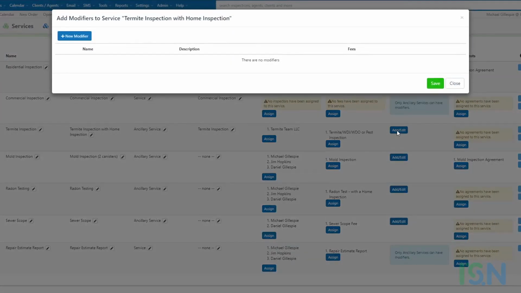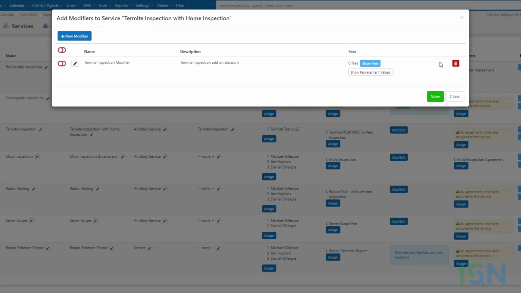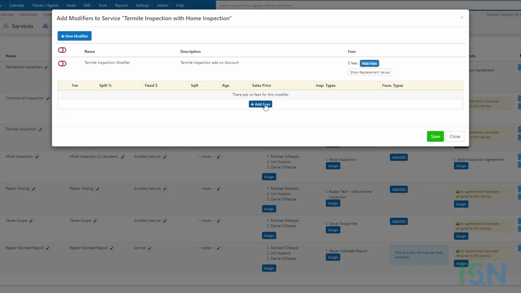First, the Add Edit button is selected to open the Service Modifiers interface. Then, within the Add Modifiers interface, new modifiers can be created, given a name and optional description, and saved using the floppy disk icon within the Add Modifiers interface. Next, still within the Add Modifiers interface, the Show Fees, then Add Fees icons can be selected to open the